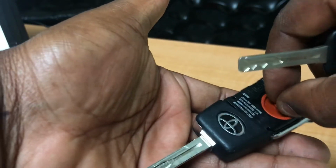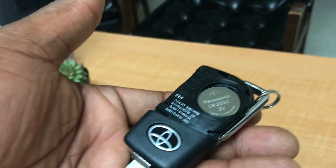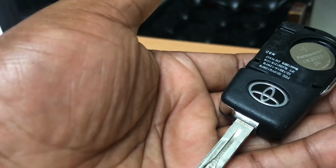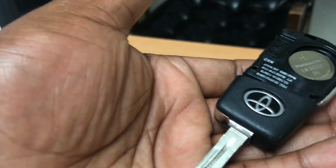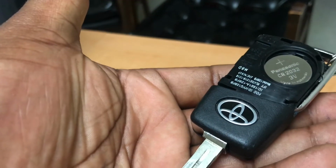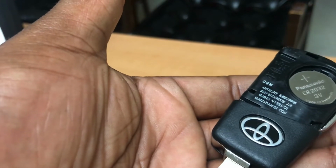Once it's open, it has this little cover. You take this cover out, and there goes your battery. All you need to do is just lift it up, and then you put a new one in. So you can get this battery from Walmart or from Amazon or eBay for about maybe five to $6, and